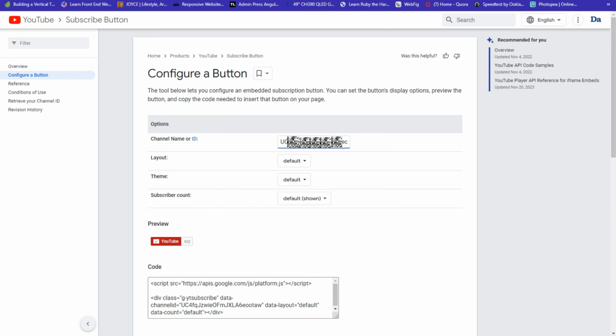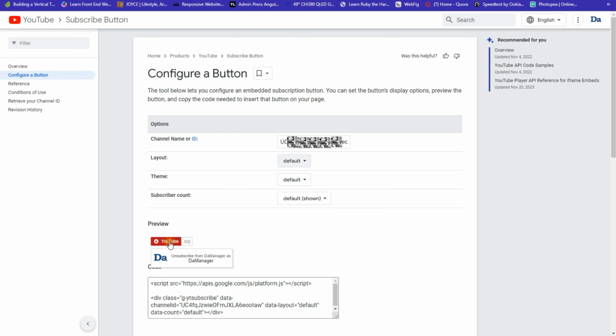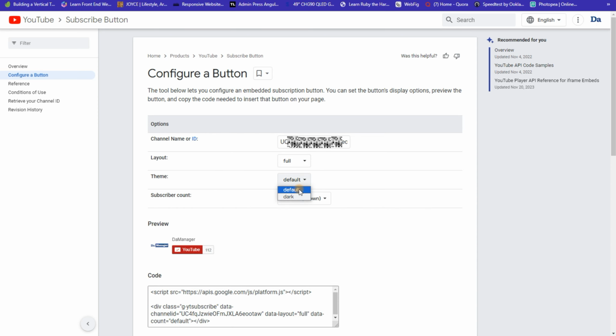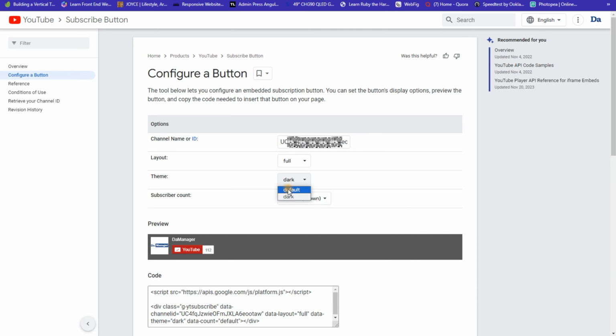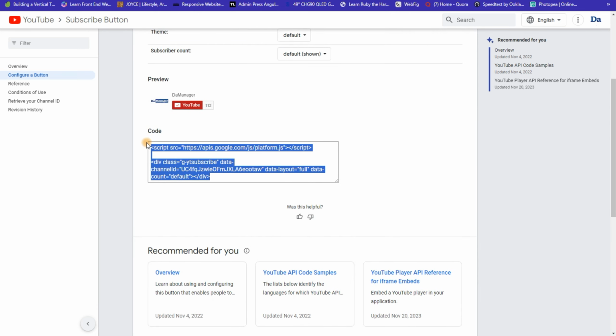So when you've added your channel ID, you can make this full as it's seen on the preview. So you also have your channel logo. You can decide to leave this at default, just this button there, but I'll use this full. And the theme, you could make this dark. Some people prefer to show their channel follower count or subscriber count, but you can also decide not to show it. And then you come over here to copy this code,